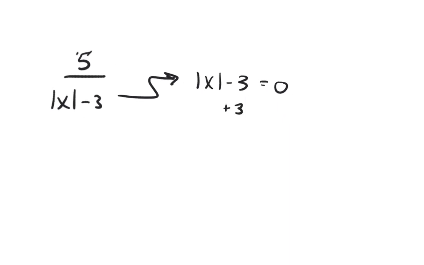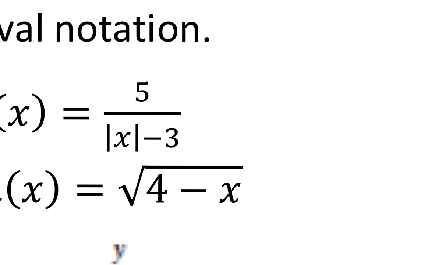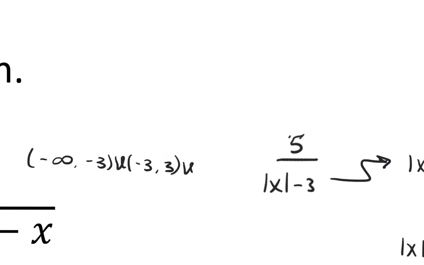If we add 3 to both sides, we have the absolute value of x is equal to 3, which means this is going to split into negative 3 and positive 3, because no matter which of these is the case, the absolute value of it will still be positive 3. So these points are where our issues are. Our interval is going to be from negative infinity to negative 3, union negative 3 to positive 3, union